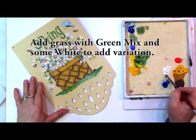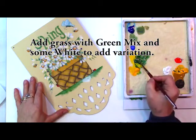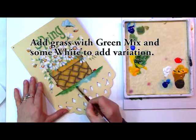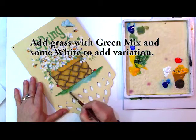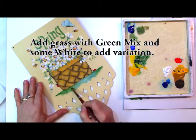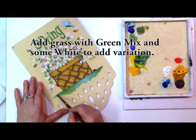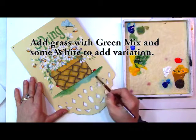Okay, I think I got a little bit too much white, so we can always work some other colors over that as it starts setting up to bring it back to a little darker value. We're going to pull it out along the sides, kind of taper it off before you get to the edges of the board. And then we're going to work it down